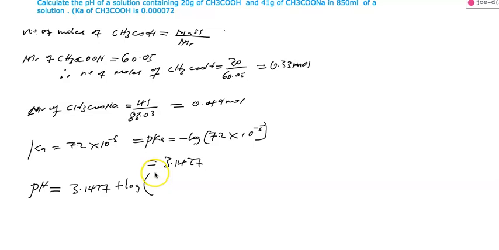Okay, so we got our base, which is 0.49, divided by our acid, 0.33, and that should give us a pH of 3.314. Okay, our pH will be 3.314. So that's how you can use the Henderson-Hasselbalch equation to determine the pH of various